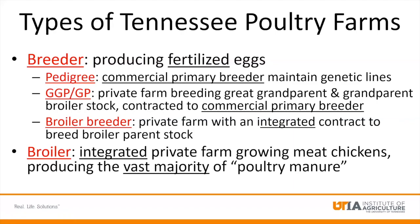The vast majority of the birds that are actually present and growing in Tennessee are in fact the broilers. If you can imagine that this group of farms is kind of like an inverted pyramid. At the very peak, there are very few of the pedigree farms, and at the base the vast majority of the farms are broiler farms where private individuals are growing meat chickens in successive flocks. They're growing these birds out for broiler integrators. And that's the vast majority of the source of poultry manure in our state, the broiler farms and not